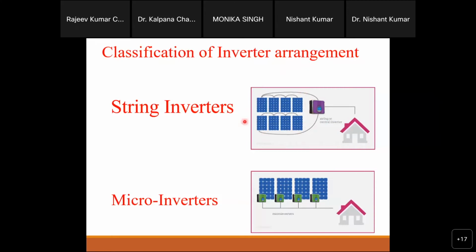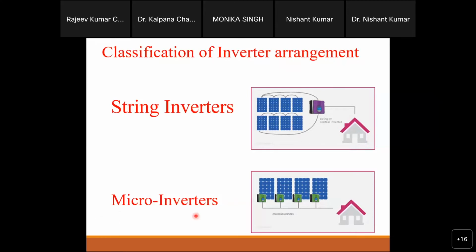Another issue with this string inverter is whether this converter is suitable for large power. For example, these panels are in the megawatt range. Can we connect this megawatt range of power with one single inverter? The answer is no, this is not possible. This issue is because of the limitation of power electronics converters. One single converter cannot handle 1 megawatt range of power or more than a megawatt. Generally you will see 40 kilowatt and 50 kilowatt power for the converters, right? So these are the limitations here.